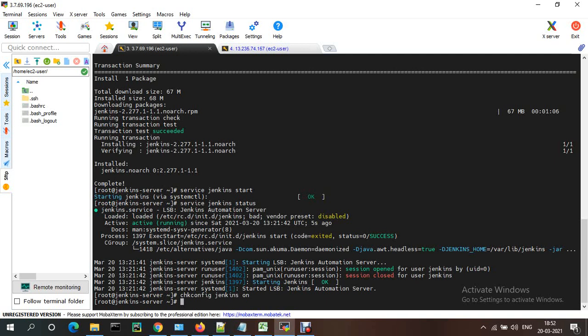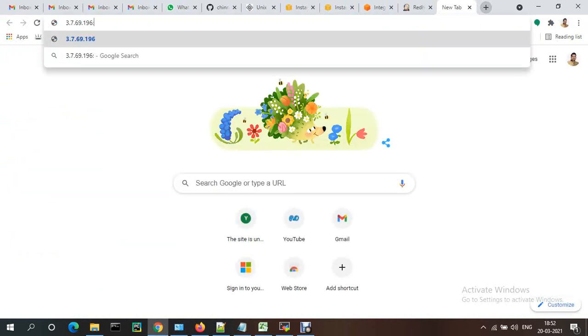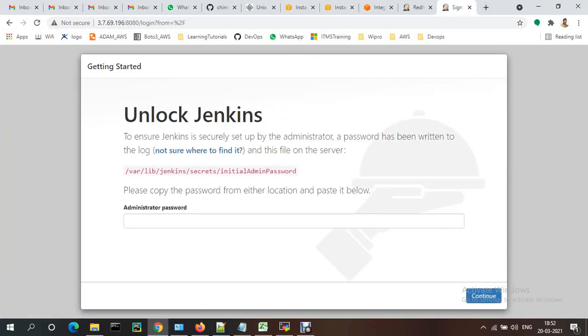Now, to open Jenkins, security port 8080 needs to be open. I already opened port 8080 in the security group. Take the public IP of this Jenkins server and give port 8080. It will prompt you for the admin password.